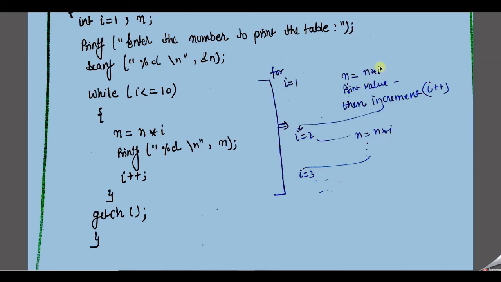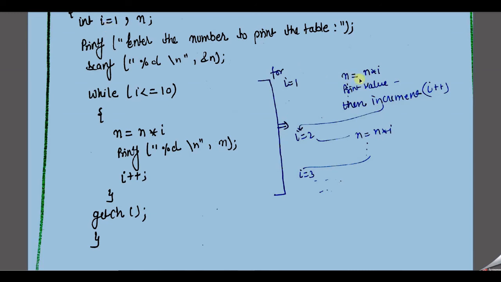So what are exactly the conditions? The condition applies to the variable: if the number taken from the user is n, we multiply it by the value 1 and then 2, 3, 4 and so on. That means we always need to increment this value by 1. First it is 1, after that it becomes 2, after that it becomes 3 and 4. So what exactly did we do? We replaced our 1, 2, 3, 4, 5, 6 by the variable i, which is initialized with the value 1.